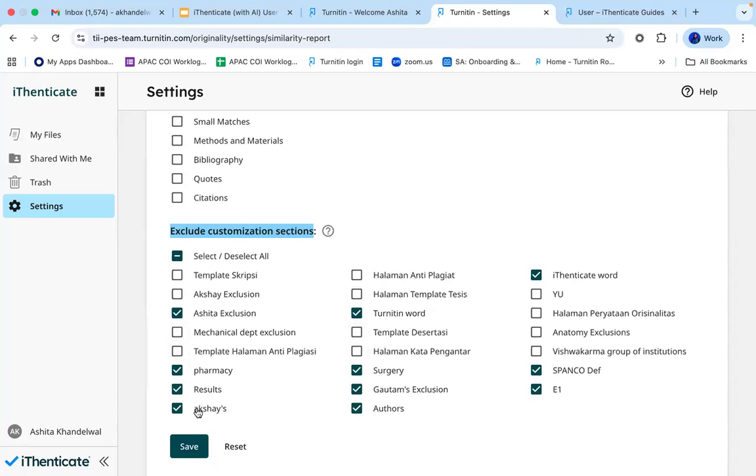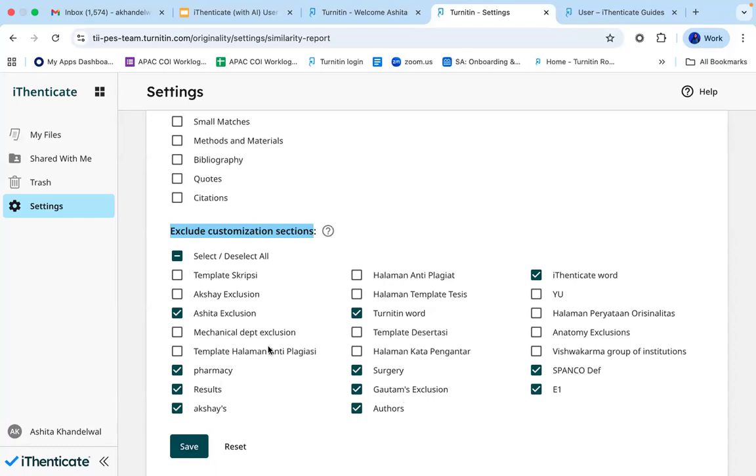as an example purpose, there is an exclusion called Gotham exclusion. So the name can be different, but there is an exclusion over here. So the topics that the administrator have added into this is overview section and abstract section. So they have added the keywords and phrases that starts for that abstract and overview. So if I activate this particular custom section, if that particular keywords and phrases are found to be in my paper, that entire overview section and abstract section will be excluded from my paper.